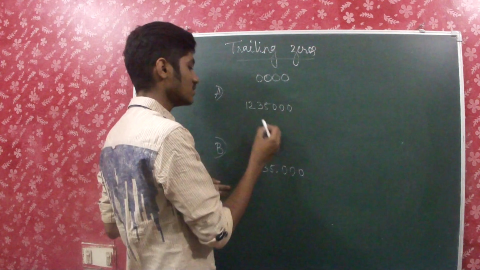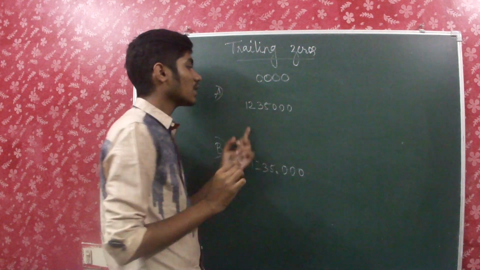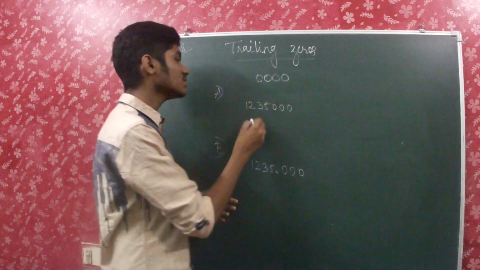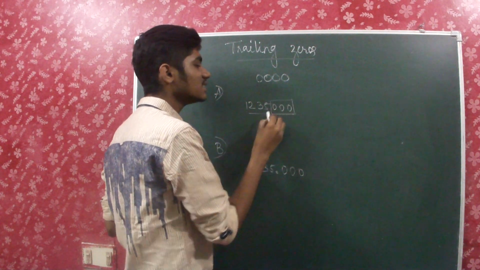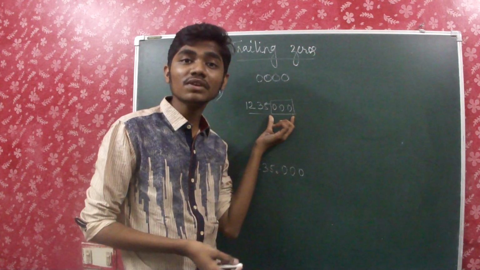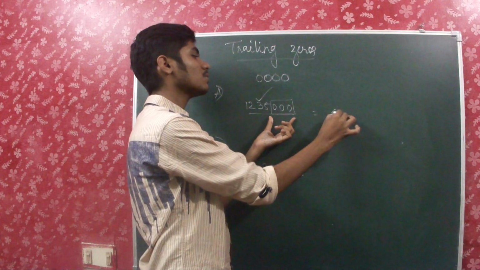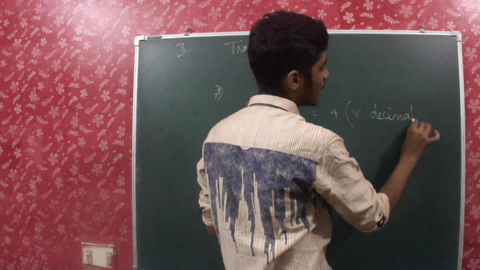So here there is no decimal point at all. Can you find any decimal point here, like a point or something? Nothing. Am I right? So there is no decimal point here. So the trailing zeros, that is the zeros which are going on continuing, are not taken into account when you are calculating the number of significant figures. So the number of significant figures is only 4, because the decimal point is absent.